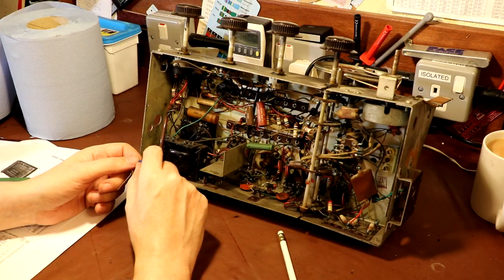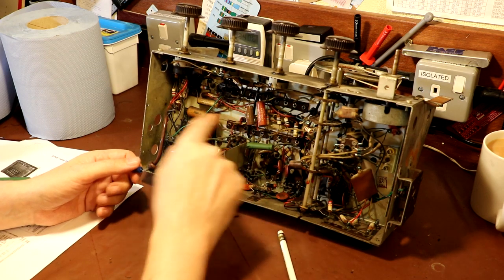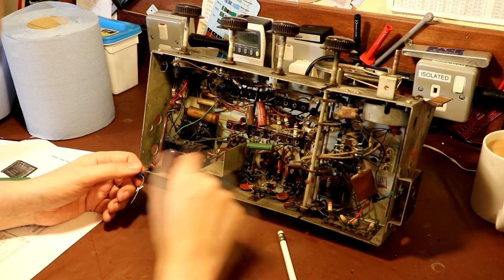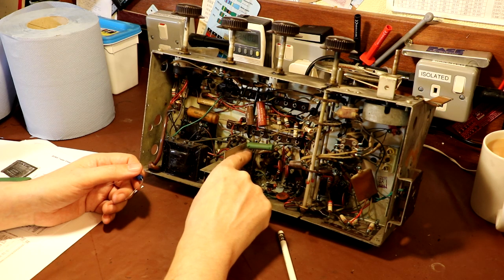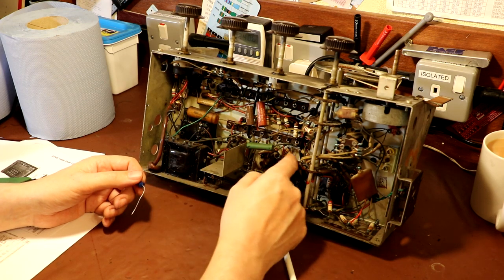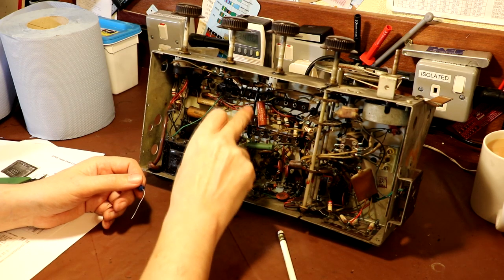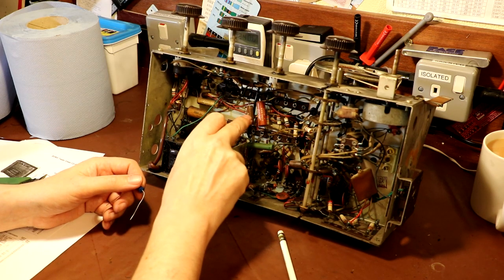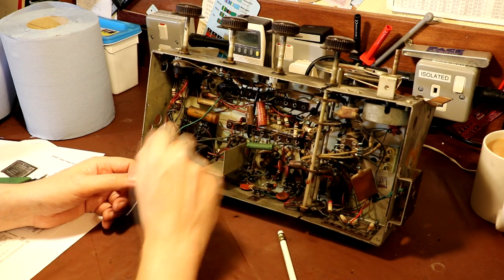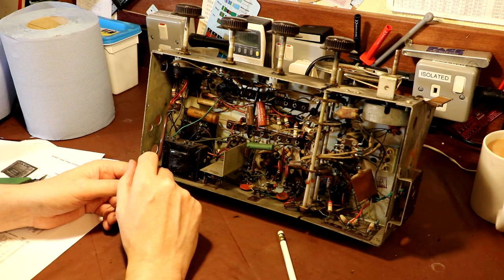Well, I don't know about you, but I think I actually want to get this powered up before we do too much work on it. I can see a number of these Hunts capacitors in various places, and in fact I think this Hunts capacitor has that typical Hunts failure mode. It looks as though the casing is actually breaking in half. This one, the insulation seems very crumbly, and here's the AF coupling capacitor for our output valve. So of course we need to get that changed out,